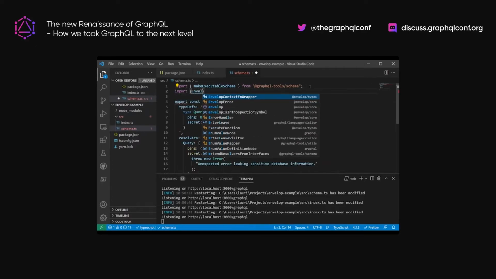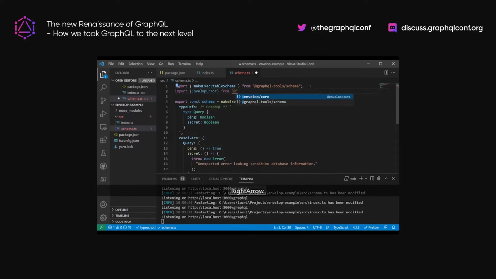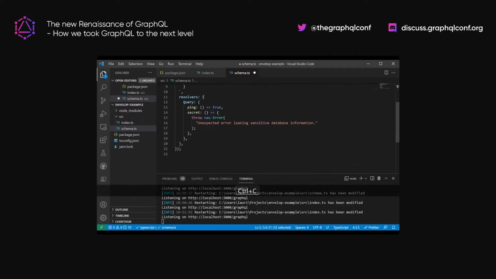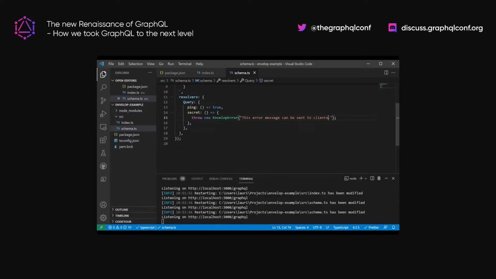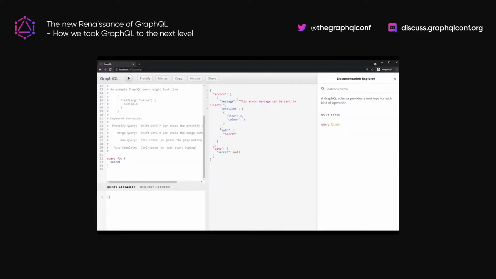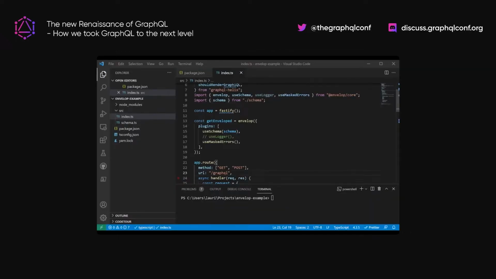So again, that's super easy. We're just going to use envelope error, and we're going to change that because we expected error. We know this error is expected, and we actually want to send that message into the client. And now, just by doing that, we customized our message, and we got what we wanted. So that's extremely powerful. And again, now we've done it here. You could use that with any framework, whatever setup you want.